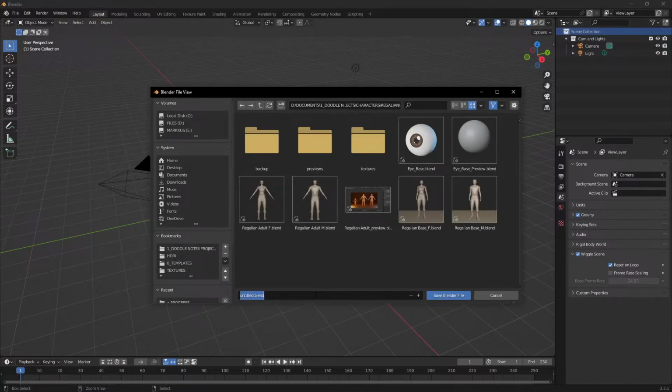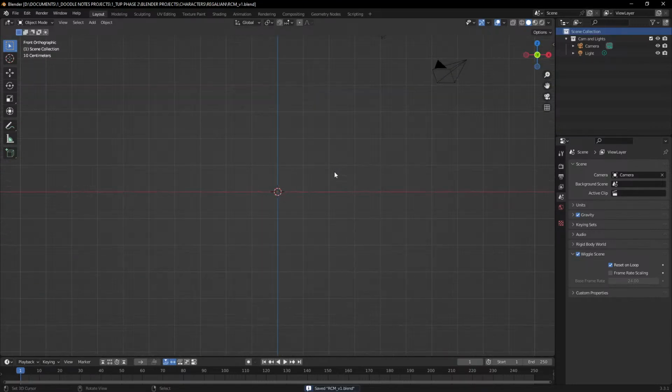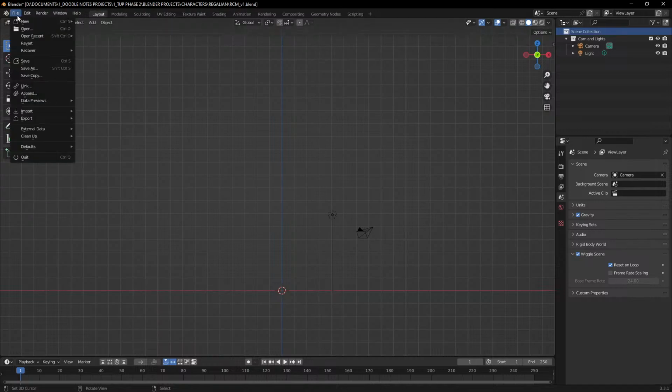And I'm just gonna name this RCM version 1. And we're gonna append both of our variants here, the masculine and the feminine one. And I think that's the first thing we're gonna do. We're gonna try to create a custom property where we can switch from one model to another. And just gonna add everyone else here once I'm actually done doing the other ages. So yeah, let's go and